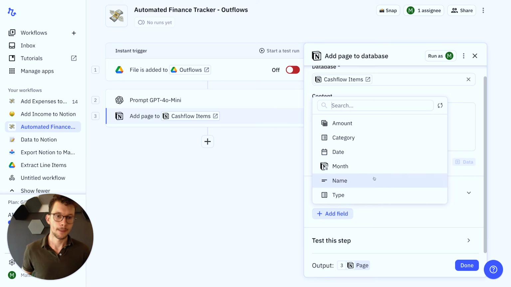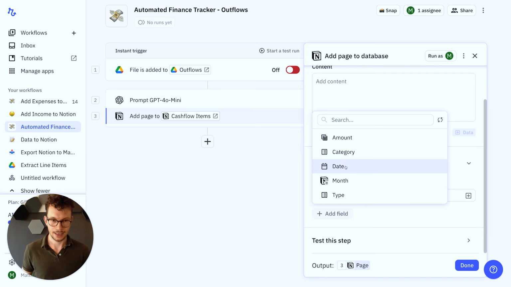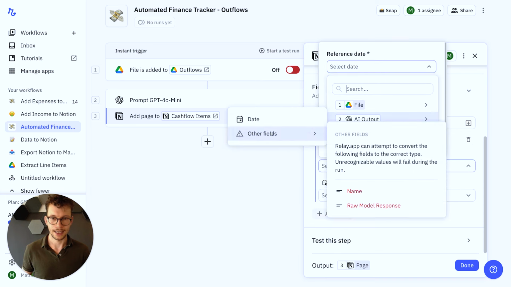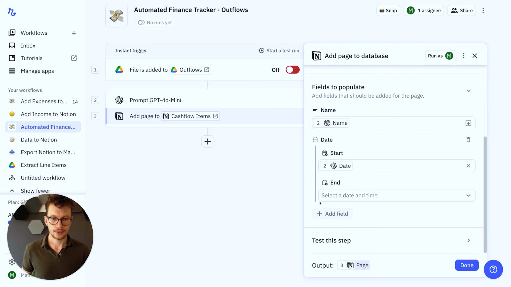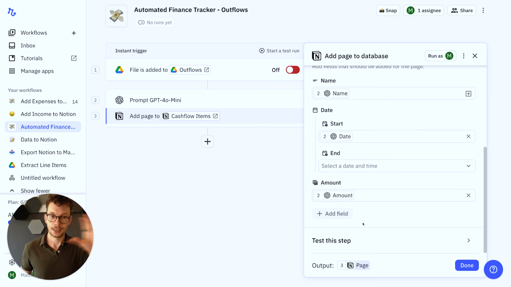So I can say, please map the name field here on our database to the AI output for the name. Then please map the date to, again, our AI output for the date. And last but not least, please map the amount, you already know the drill, to the AI output from the amount field. That's the very basic setup, where we just now push over the entries from the extracted PDF or